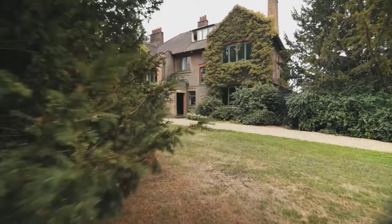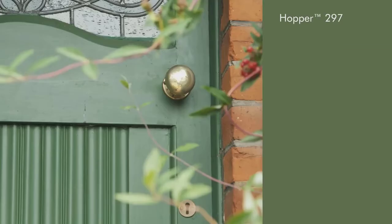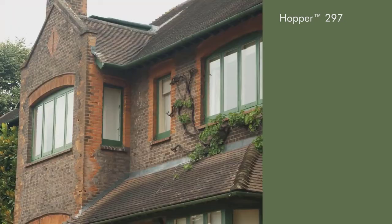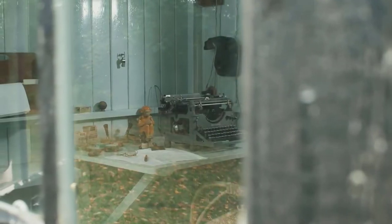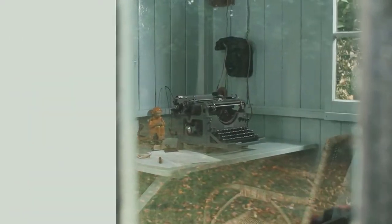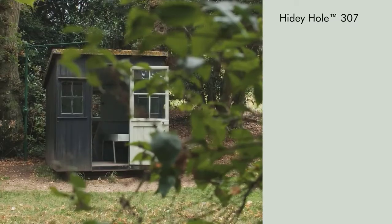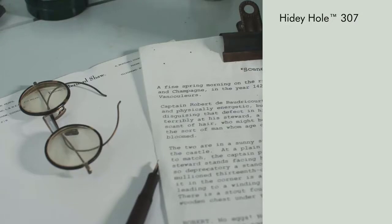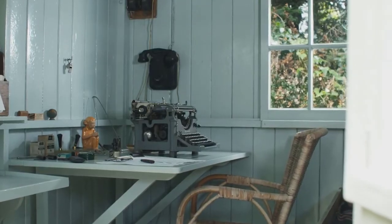We also have a couple of greens from the home of the playwright George Bernard Shaw. Hopper is the distinctive colour he had painted on all the exterior woodwork of the house, a rather fashionable thing to do in the early 20th century. Shaw's Corner, as it's known, also gave us the colour we've called Hidey Hole. It's the shade painted over everything in his tiny wooden writing hut, which sits amongst trees in the garden. The hut was a treasured escape for Shaw and was nicknamed London, so unwanted visitors could be told he was